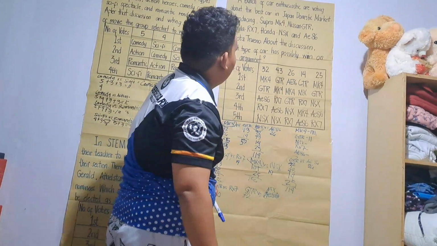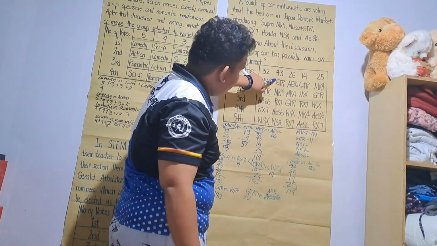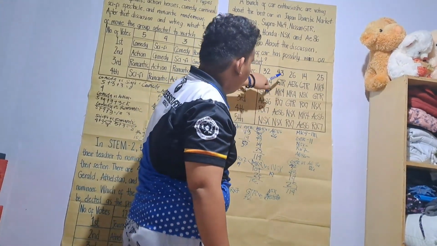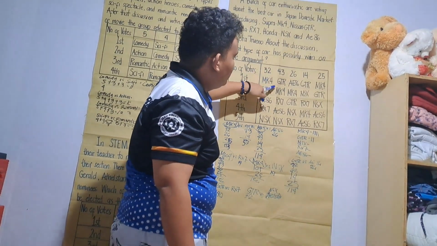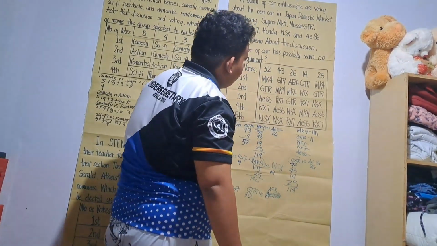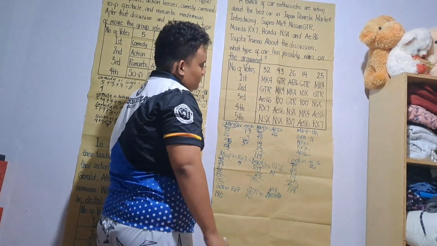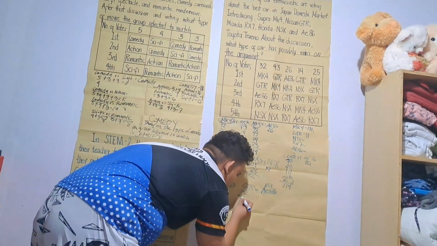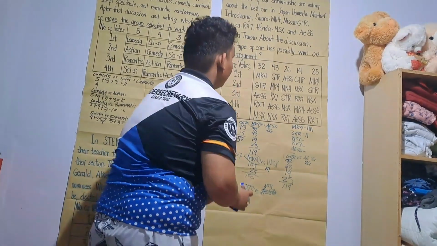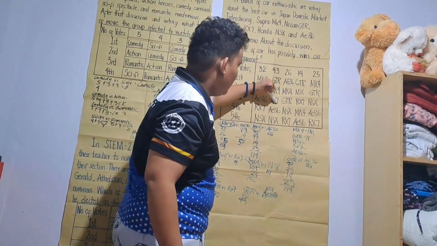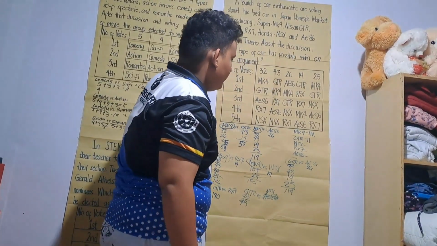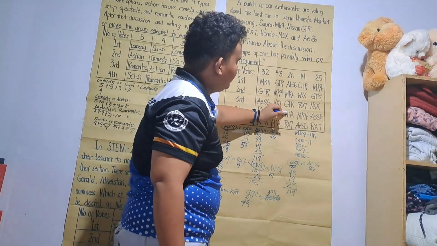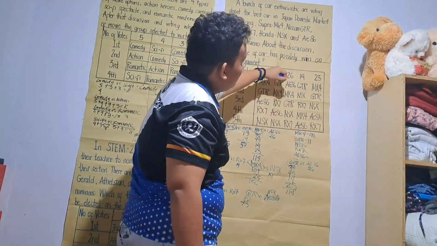And the second column, GTR is first, then NSX. So the 43 voters goes to GTR. In the third column, NSX is last. So GTR is first, then the 26 voters goes to